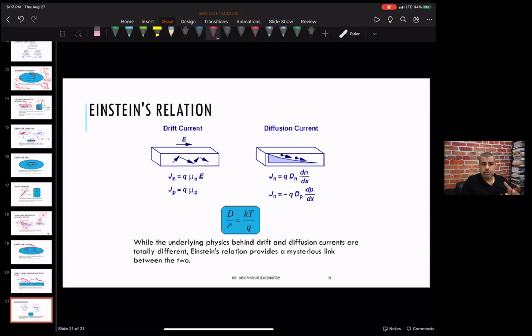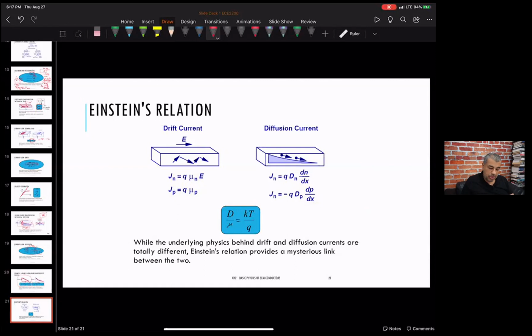So they're really two completely different physical phenomena. We're not deriving one from the other. You'll get the diffusion even if you didn't have charged particles. So they're just completely different. But still,